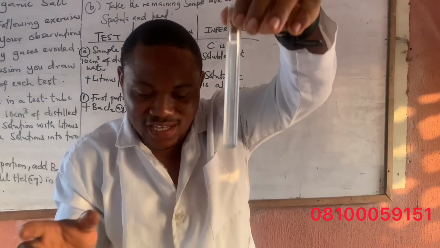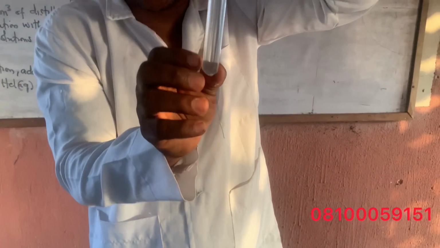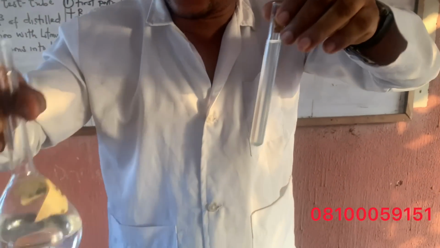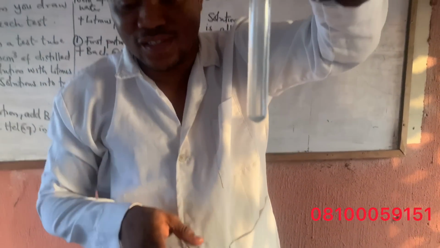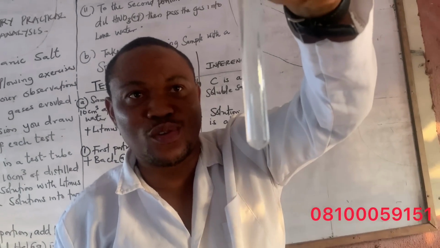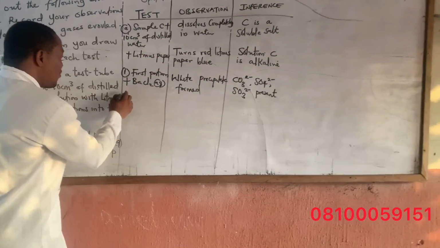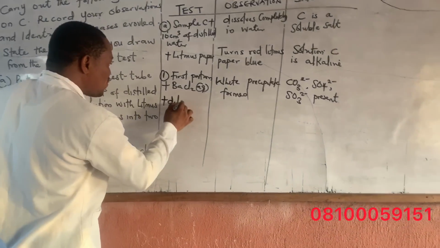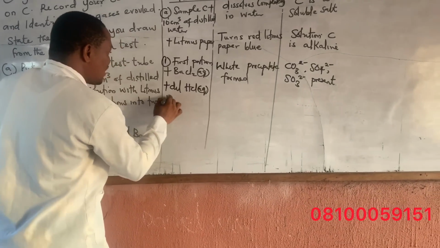Can you see that now? So very important. I had to do this so that you see it. Because for this one, I had to add just a little of the sample so that the dilute HCl in excess will be obvious. You get that? Can you see it dissolving into a colorless solution? So we can say white precipitate formed plus dilute HCl aqueous in excess